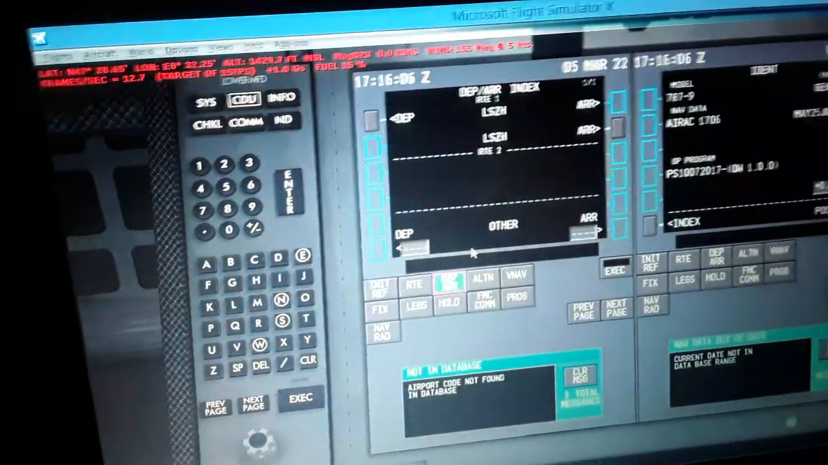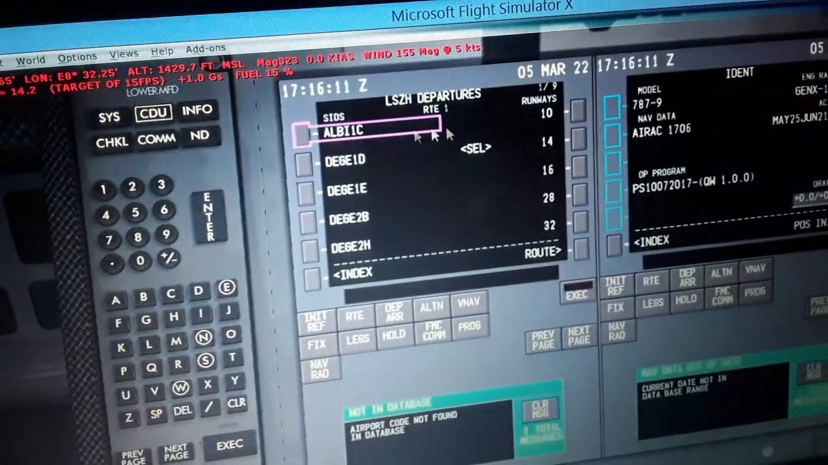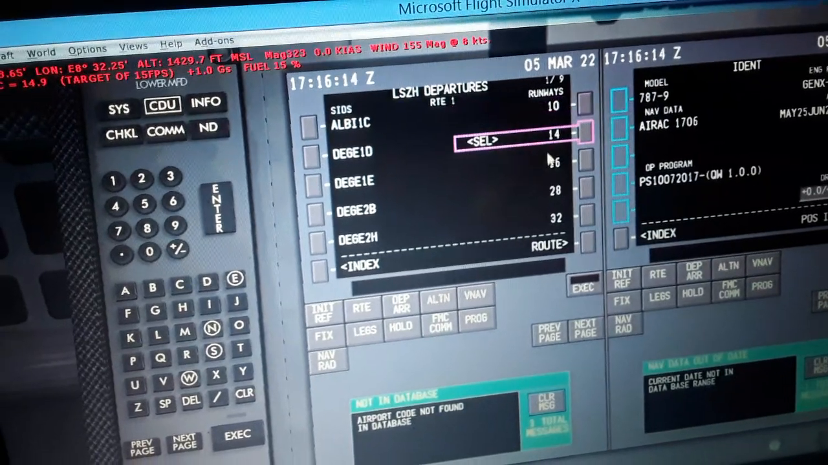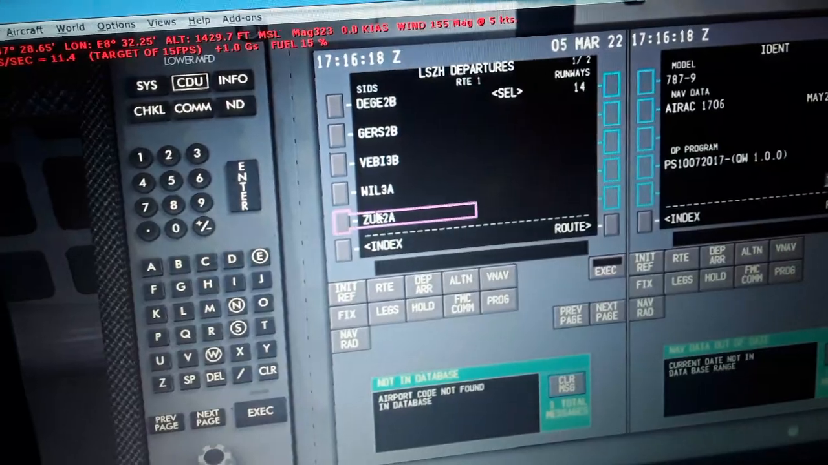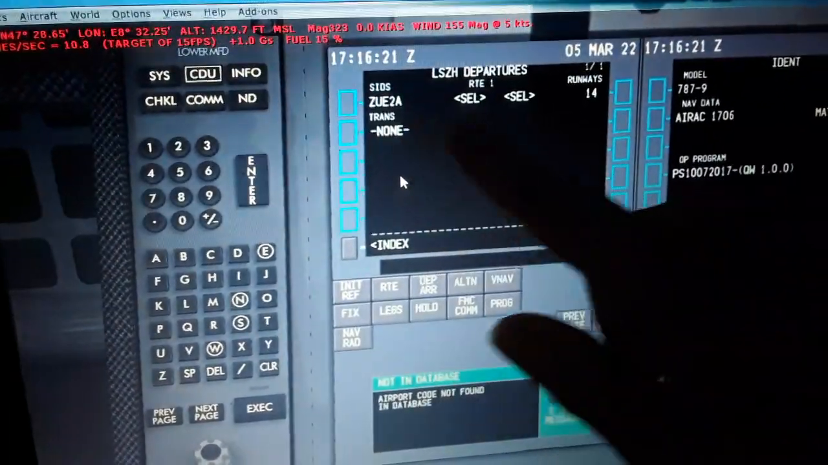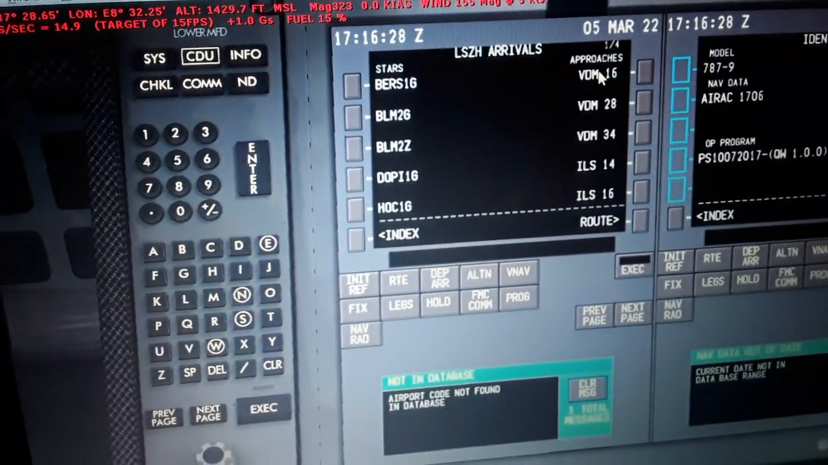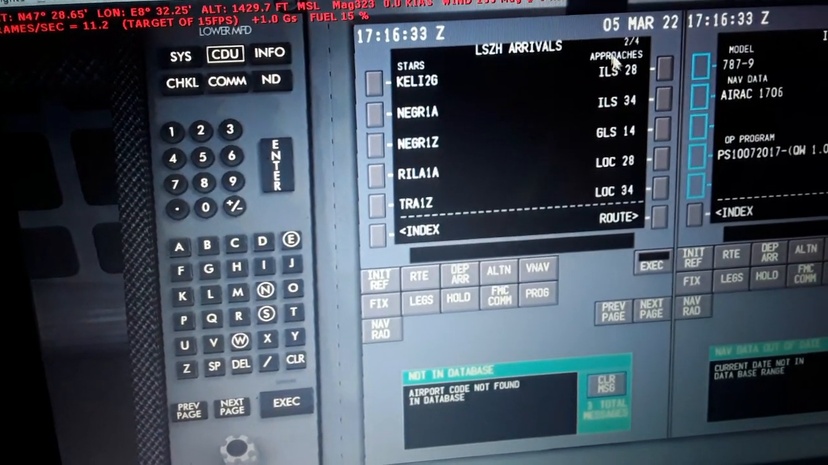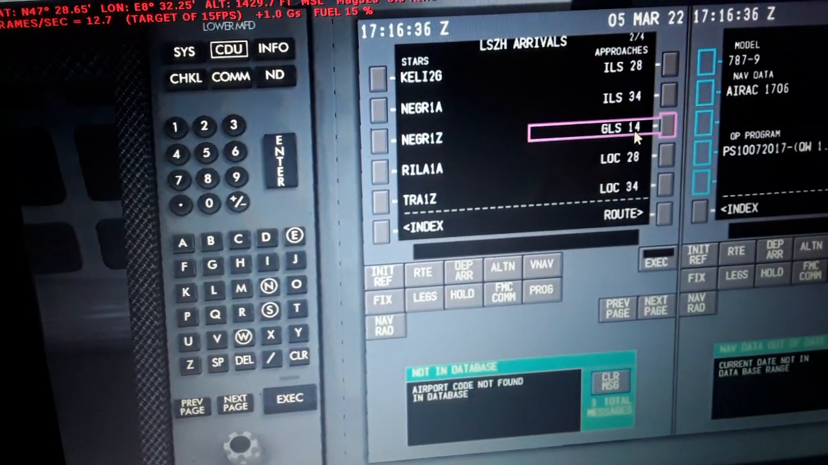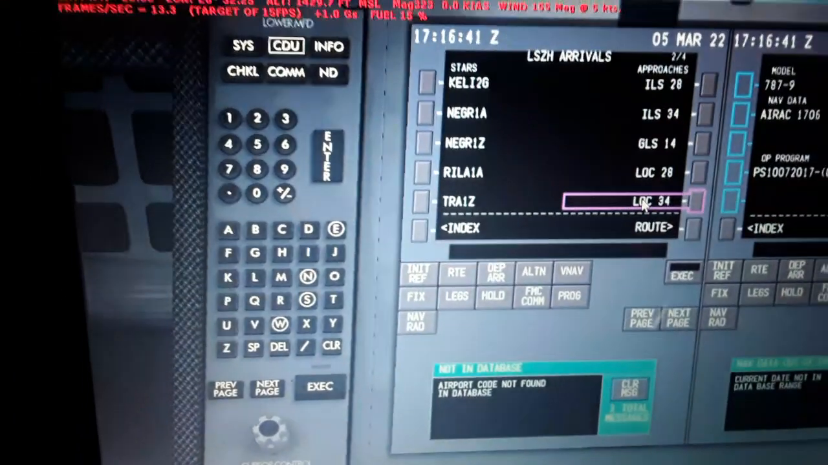So we have departure and arrival over here. Set departure. We can select runways 10, 14, 16, 28, 32. So we select runway 14. The SIDs, these are the range for departure waypoints and fixes. Zurich to Alpha. So departure arrivals, we select here the arrivals. We can select 16, 28, 34, ILS 14, ILS 16, next page, ILS 28, ILS 34, GLS 14, localizer 28, localizer 34. So we can select any approach,